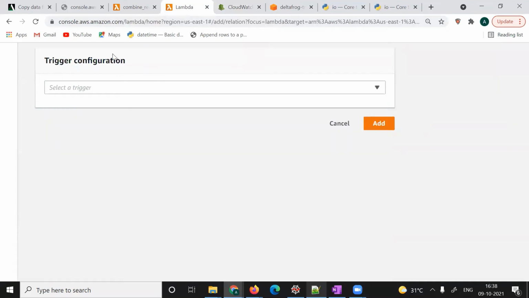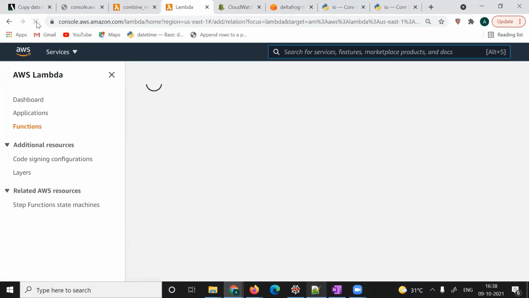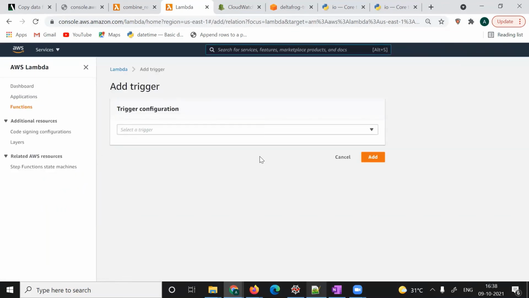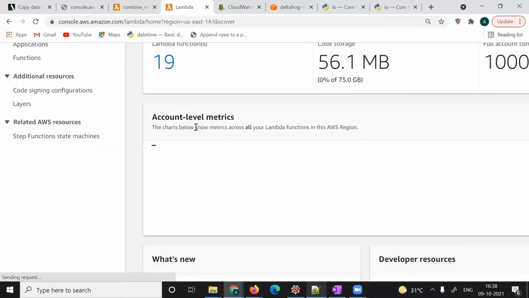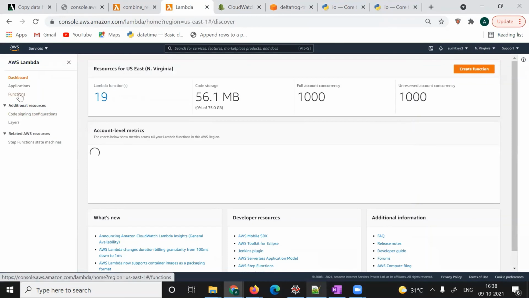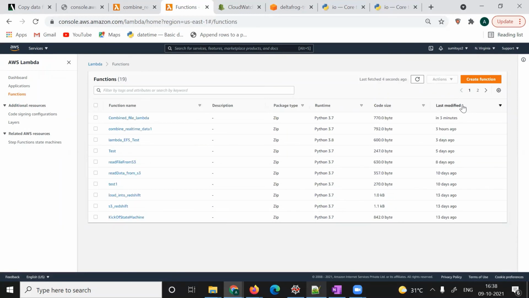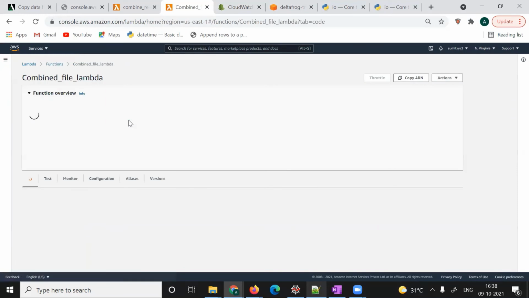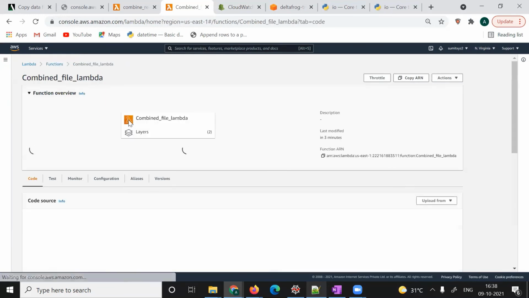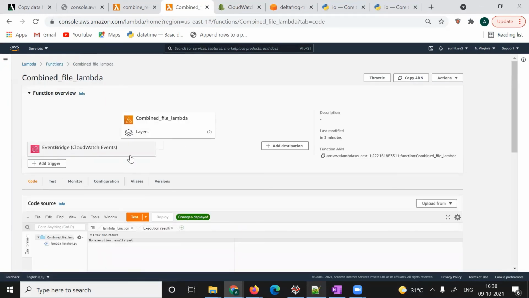I've not done anything here, I will just refresh it. This is my lambda function. Where is it? You can go to last modified, 3 minutes ago I was working on this combined file lambda. Okay, you can see EventBridge has been added.